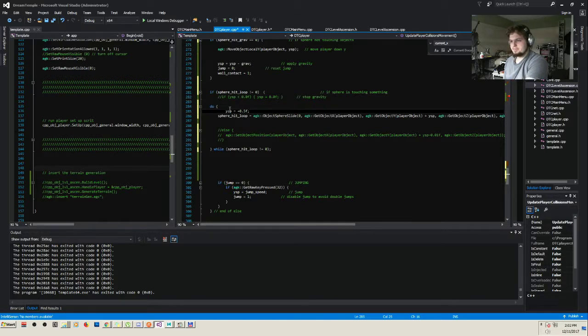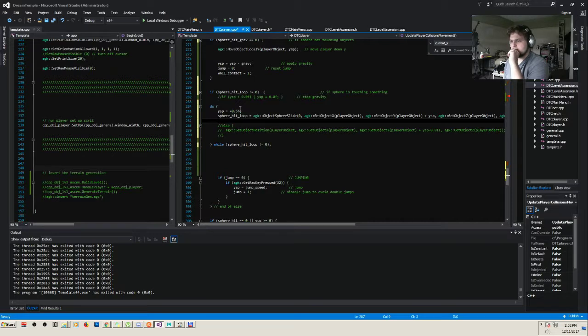Okay. So as soon as this thing, and where does this thing end? Far away. Okay. As soon as we return a collision, add +5,